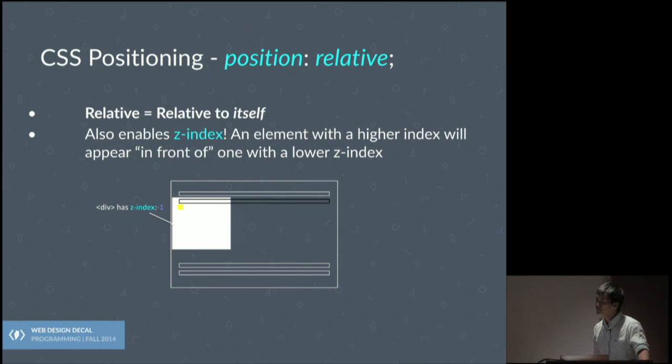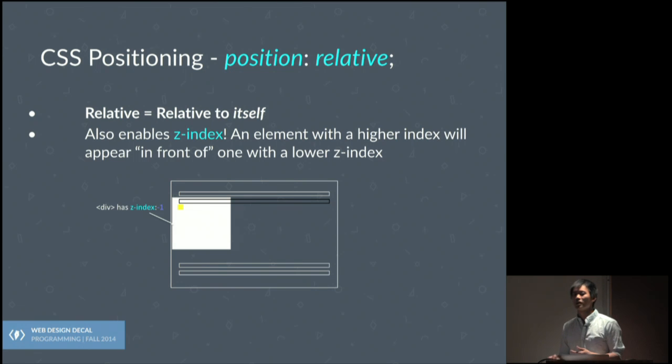Doesn't the text have to be relative as well as the image? The answer is no. You can imagine that the text is its own div, and you don't set any position properties, so it's just static. And then behind this static block of text is a relatively positioned image with a negative z-index. So the image goes behind. Yeah, it's possible, and we'll go through some. Actually, today is going to be pretty demo filled, so you'll get to see a lot of stuff because I have a lot of JSFiddles lined up. Is that all clear?